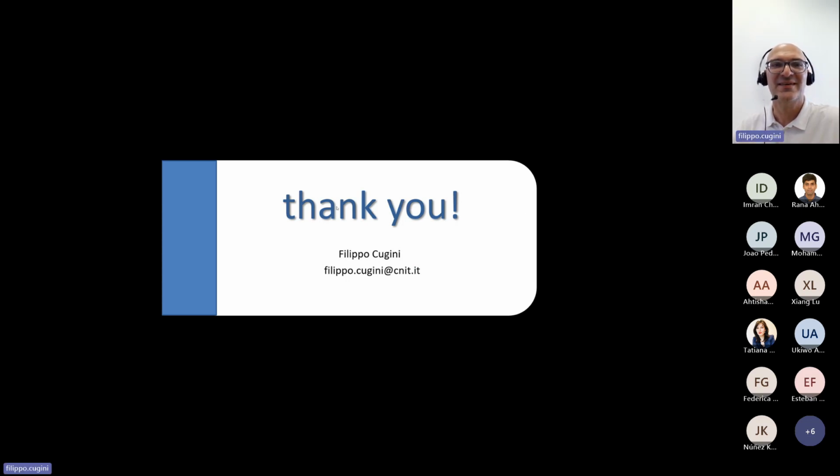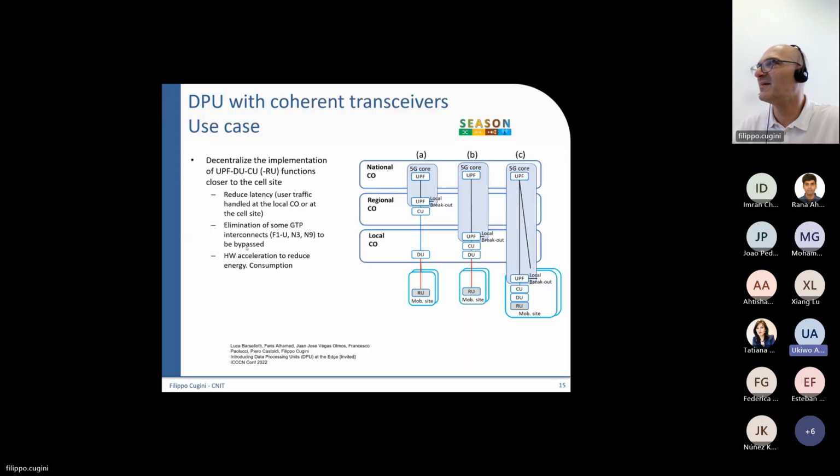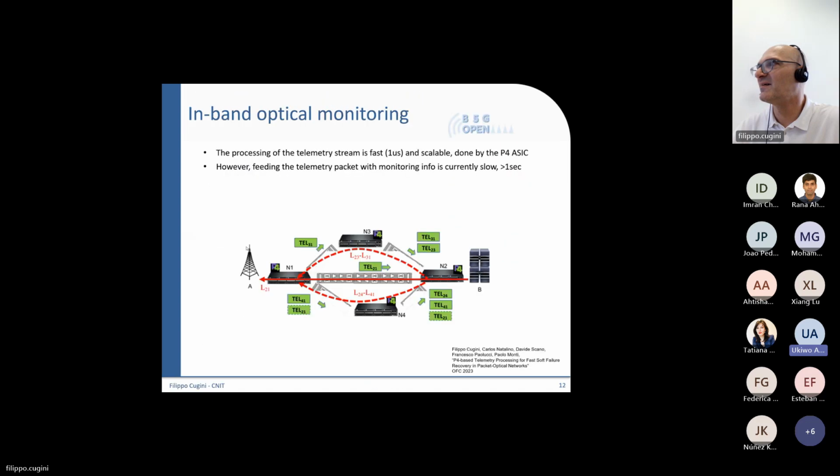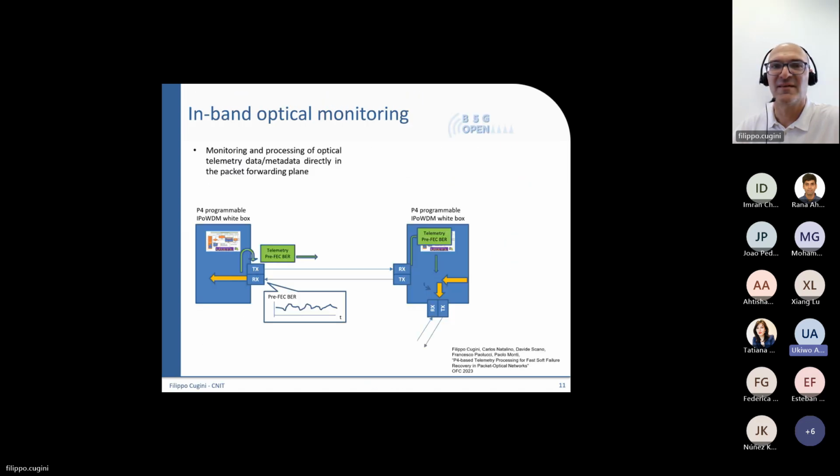Yeah, sure. Yeah, Akiwa. The in-band optical monitoring. So since it's now, the monitoring is now happening in the data plane, do you have like dedicated channels for this? Because you obviously you're not doing it in the same channels as for the data itself.